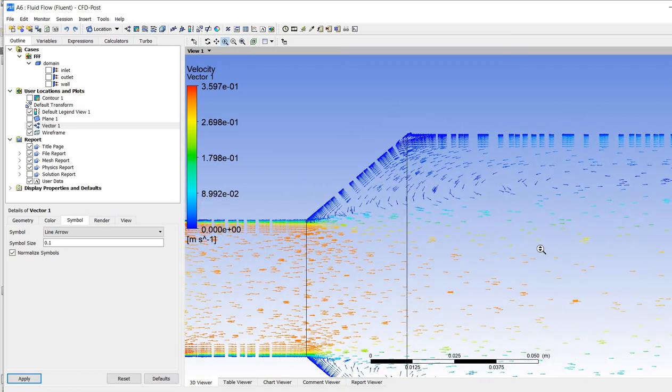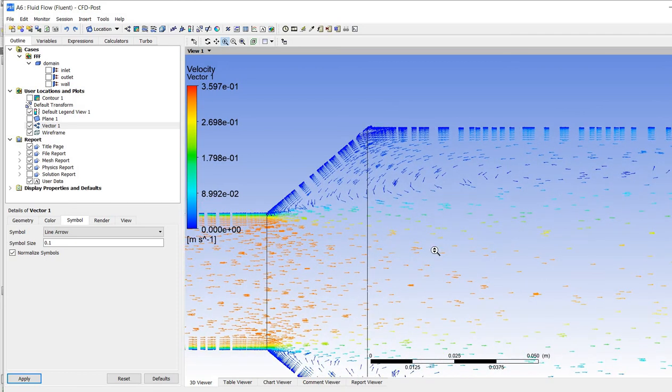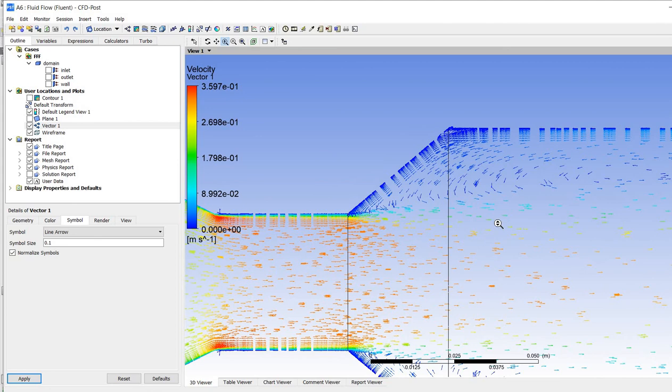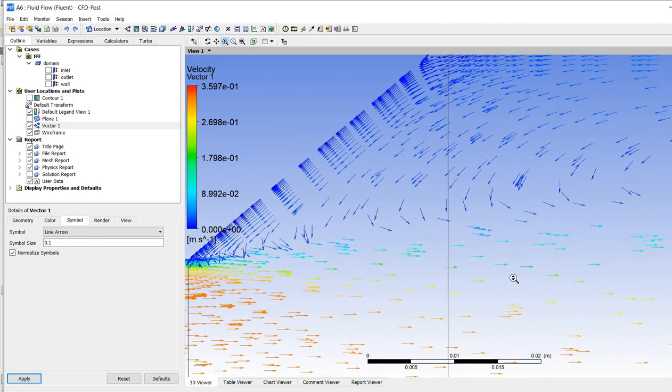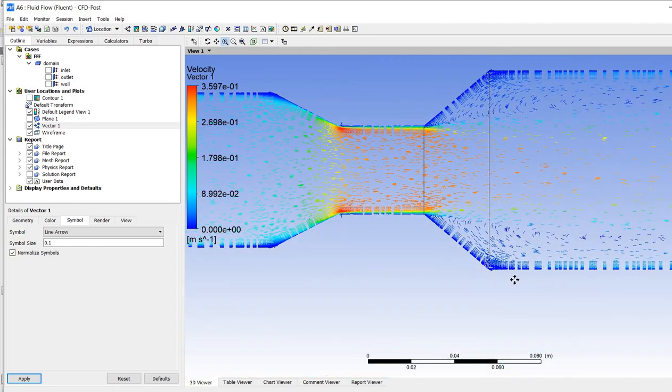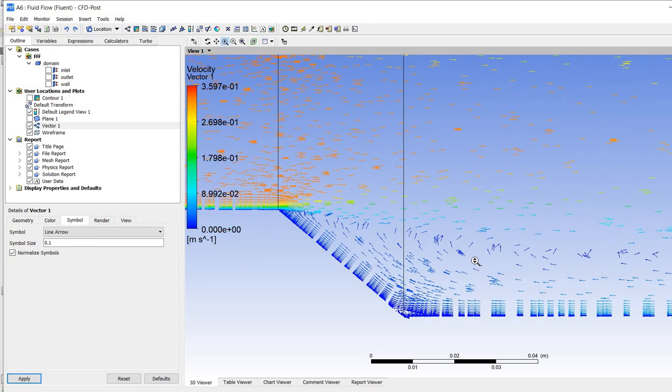In the outlet section, we have a recirculation due to this geometry enlargement. That is what is making the convergence a little bit harder.